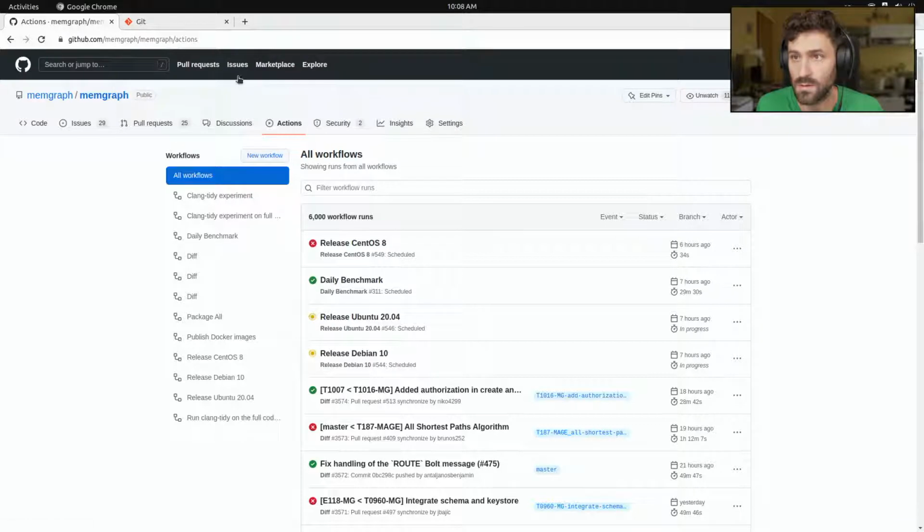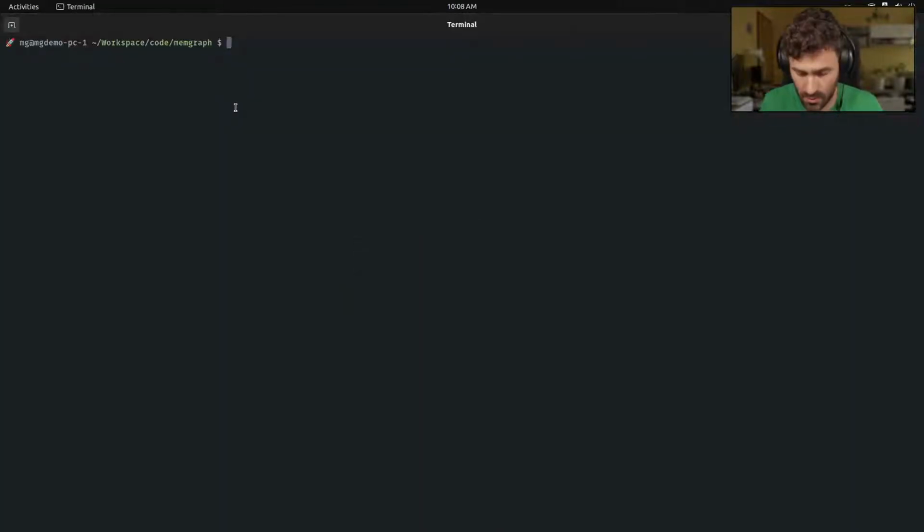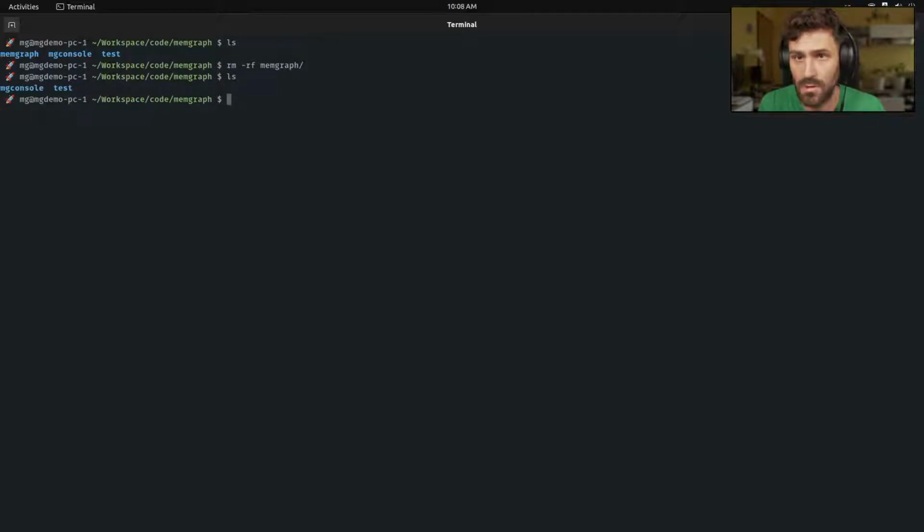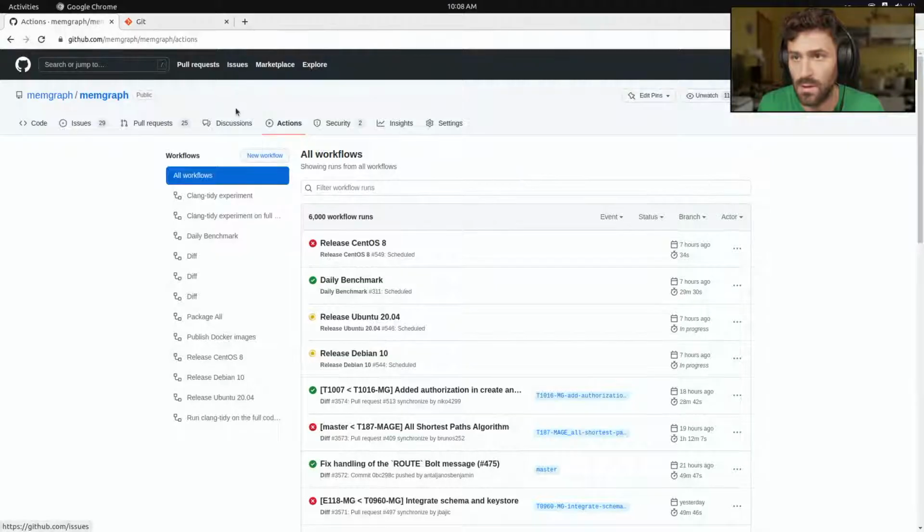Okay, let's switch here. So I actually have the Memgraph repo already cloned, but I'll remove it just to clone that again. Okay, so if you go under